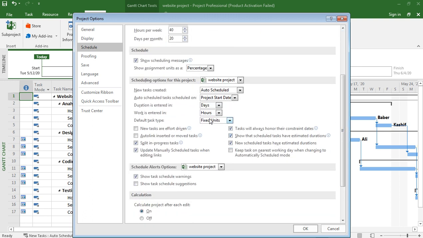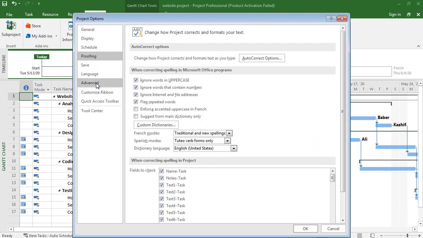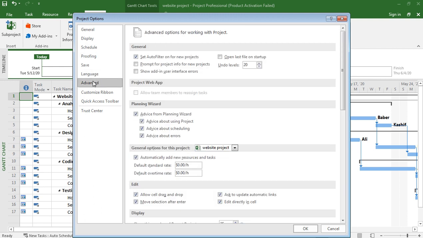Here you see start time, end time, and there are other things, fixed units, in hours, days, auto scheduled. This is all settings about the project.